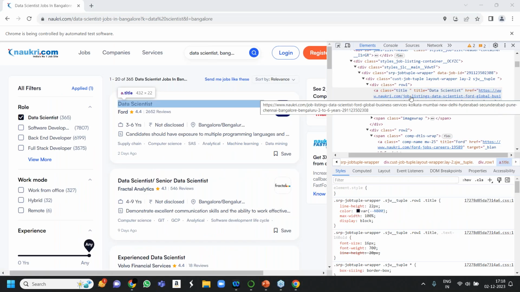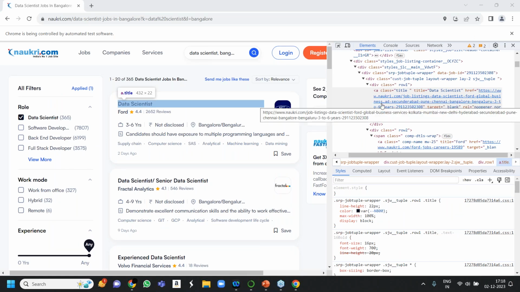As you know, URL, see one more thing, you can note it down. URLs are always present inside the href value. Can you see href over here? URLs are always present inside the href value, and href is always present inside the a tag.